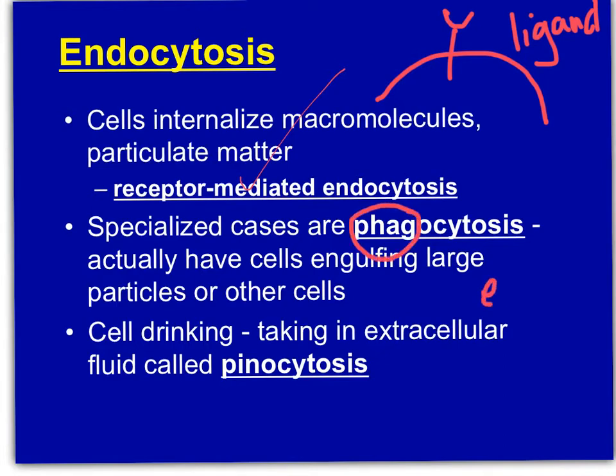There are special cases of endocytosis called phagocytosis, and we've talked about this word phage. Phage is to eat, and this is cells eating cells. This actually results from a cell that can send out cell membrane. So they basically send out cell membrane and encircle a particle. So in this picture, a blue particle can be encircled by membrane. That membrane can then fuse,